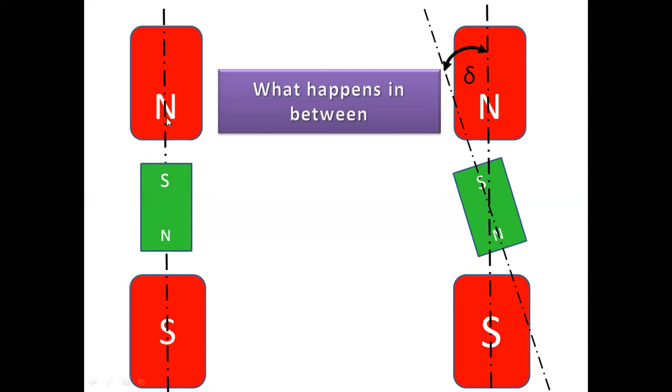The moment we load this motor, this rotor tends to fall back as shown in this figure, and with this lagging position, still the magnetic locking between stator and rotor poles holds good and rotor tends to rotate with this lagging position at synchronous speed. The angle of lag is known as delta, which is also called as load angle.